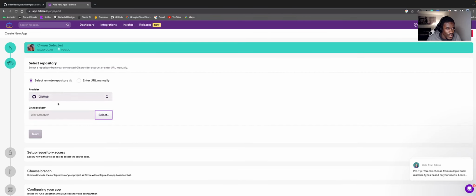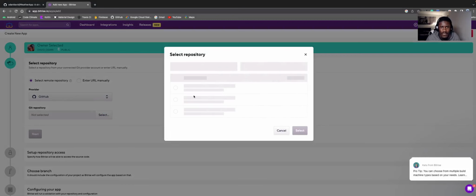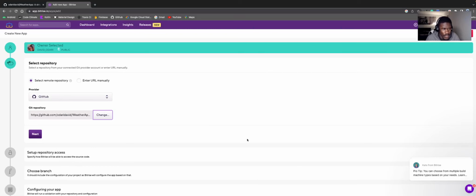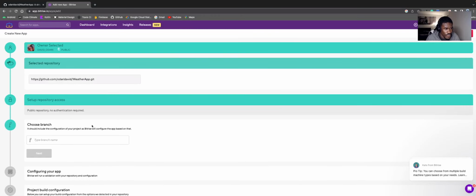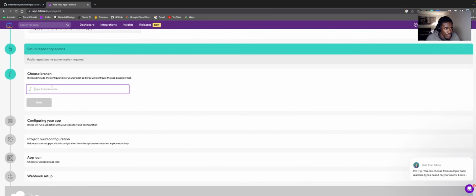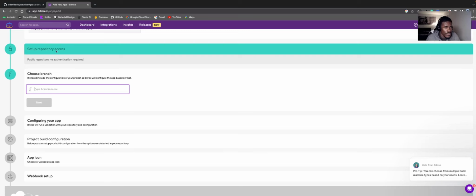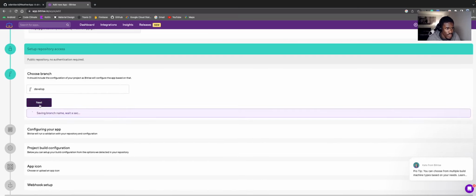Select remote repository, GitHub. It should pop up a simple weather app here, 4 days ago. This is the one I want to use. Next, public repository in the auth, then choose a branch. What's the name of the branch? We're gonna go to GitHub real quick. Develop, okay. It would be nice if it could actually detect the branches. Anyway,